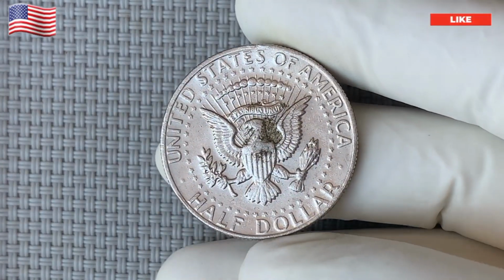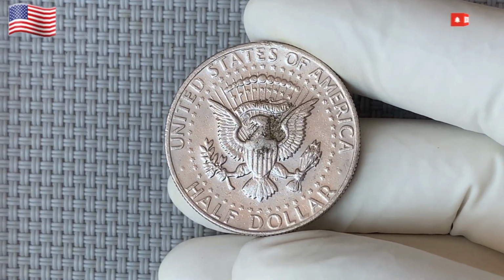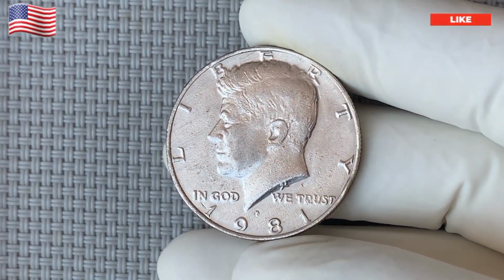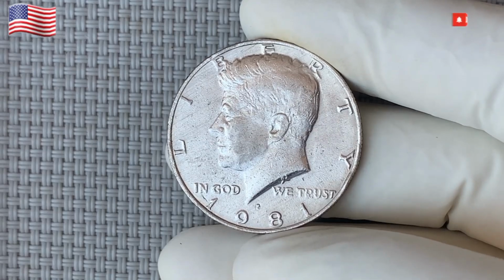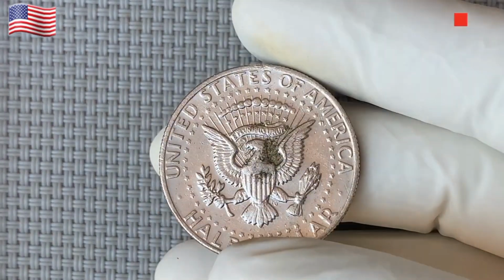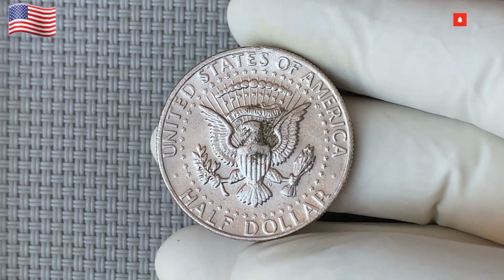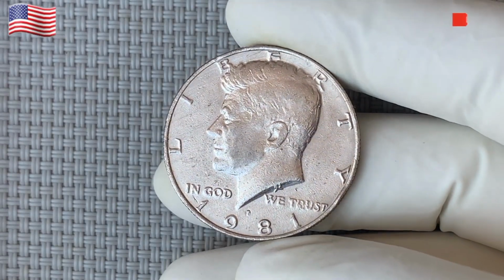Kennedy half dollar. The 1981 coin stands out as a part of the series minted after the United States began shifting to clad coins. For many years, half dollars were made with 90% silver, but in 1971, due to rising silver costs, the U.S. Mint began producing the coin using a copper-nickel composition. By the time the 1981 Kennedy half dollar was minted, collectors began to notice the differences in appearance and durability compared to its silver predecessors. While silver versions are still highly coveted by collectors, the 1981 version is notable for its unique composition and overall